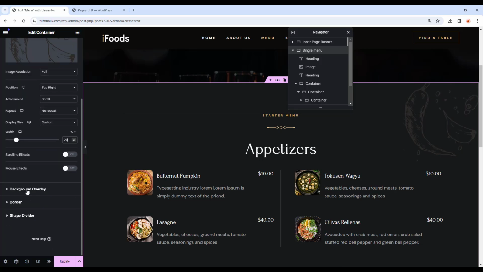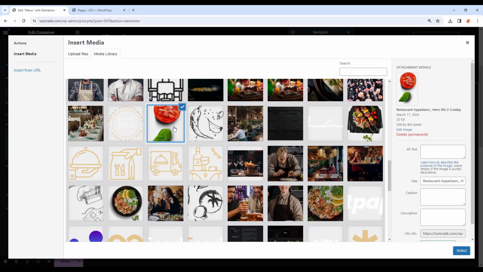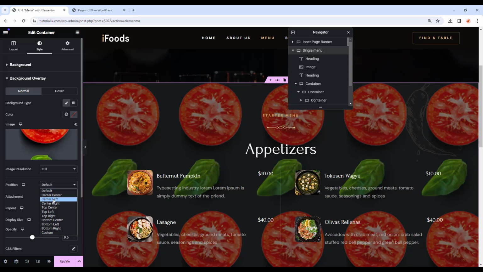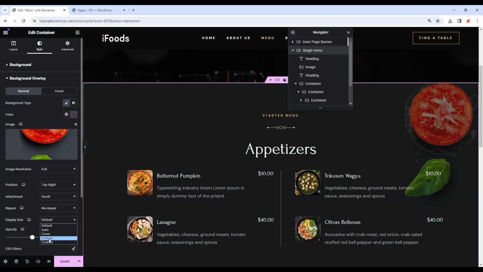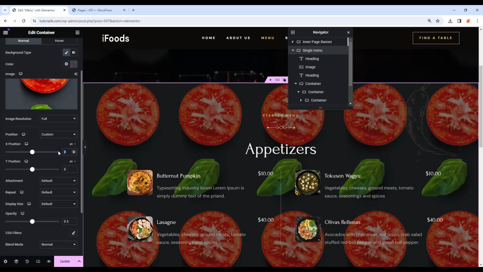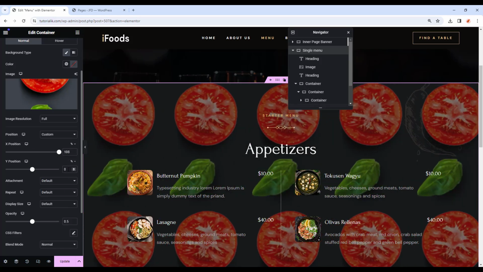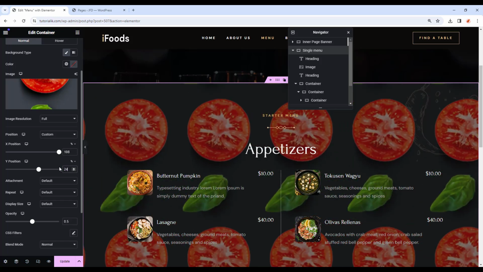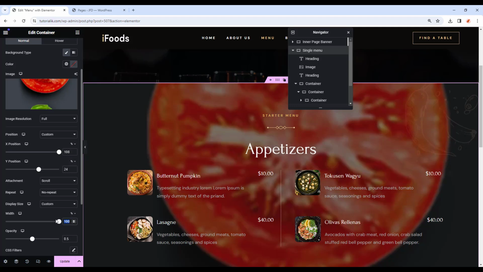Then I'm gonna add a background overlay. In the overlay I'm gonna choose an image. I'm gonna choose this one. I'm gonna make the position top right, attachment scroll, repeat, no repeat, display size custom. I'm gonna make the position custom, and on the X position I'm gonna make it 108, and on the Y position I'm gonna make it 24. Then attachment I'm gonna make a scroll, repeat, no repeat, then display size custom, and then I'm gonna make it